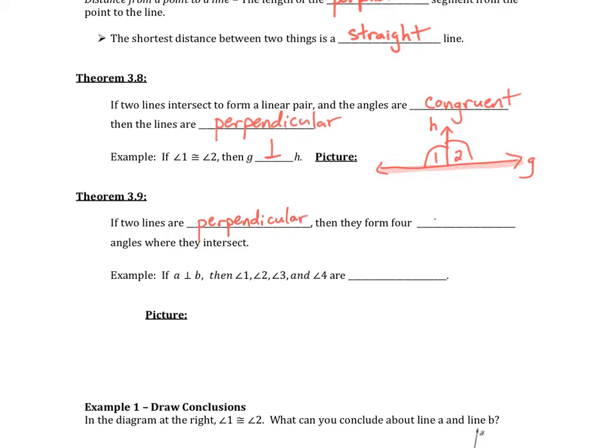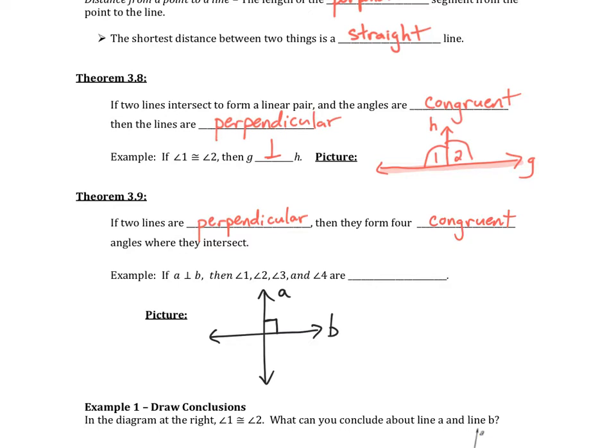Theorem 3.9 says, if two lines are perpendicular, then they form four congruent angles where they intersect. So for example, if A is perpendicular to B, we're going to draw this picture down here. Let's draw line A and line B. So if A is perpendicular, meaning it forms a right angle, A is perpendicular to B, then